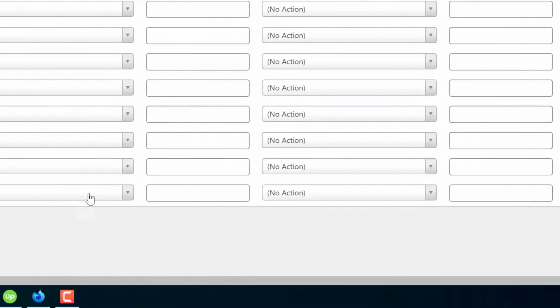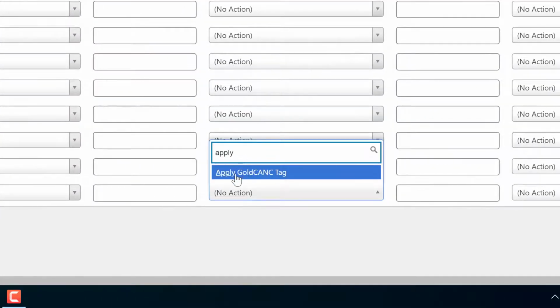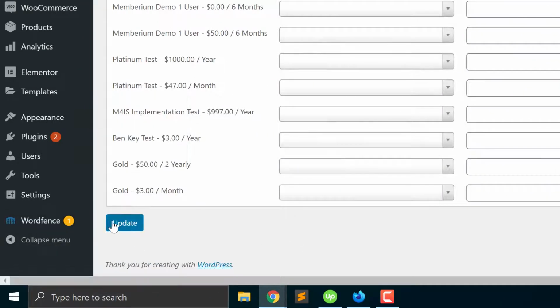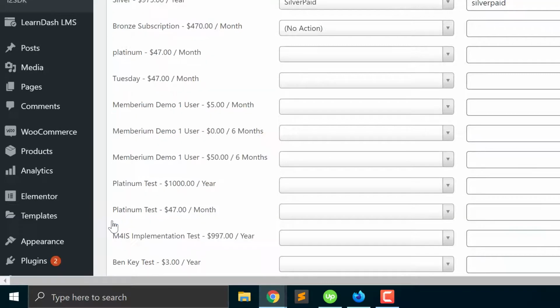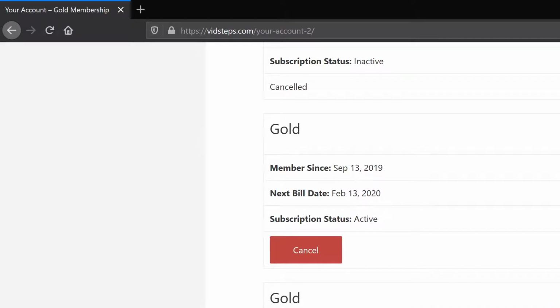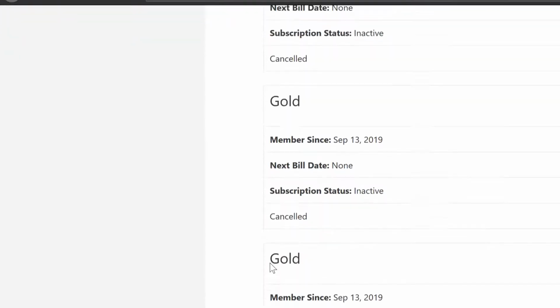So here on the gold, $3 a month, I'm going to type in that action set, which was apply gold cancellation tag, and I'm going to press the update button right here. So now that I've updated that, what I'm going to do is simply come back over here and I'm going to cancel this subscription. So as you can see, it's loading up there, the page is refreshed,